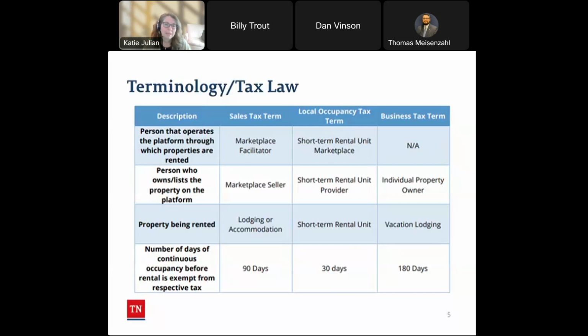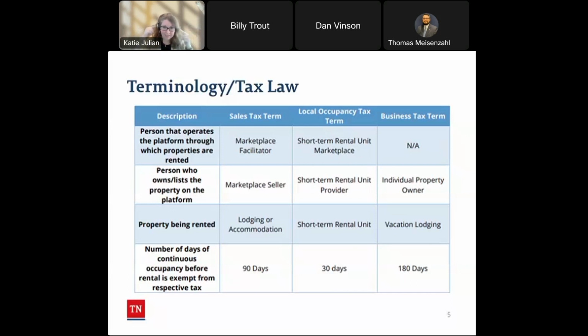The property being rented can be referred to as lodging, accommodations, short-term rental unit, vacation lodging, all basically the same thing, and that's your condo, your treehouse, your yurt, whatever it is, that is lodging, accommodation, unit. So, have you. Now, this is where it gets a little bit confusing, and I'm glad to have this chart now